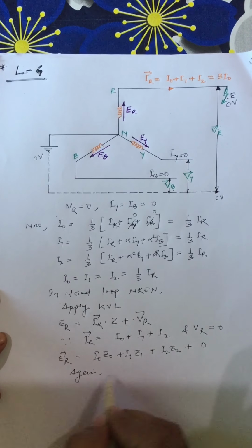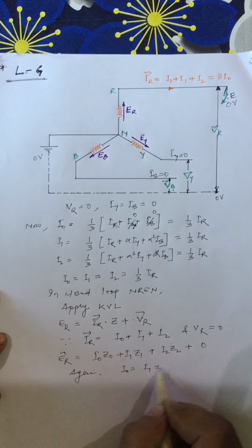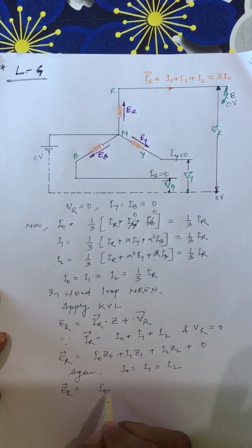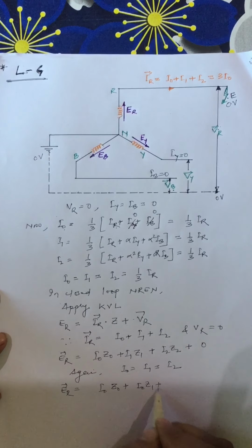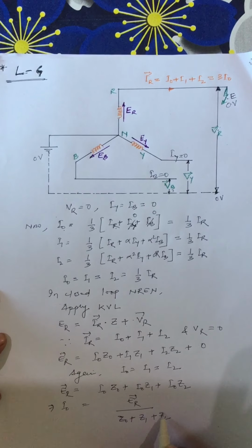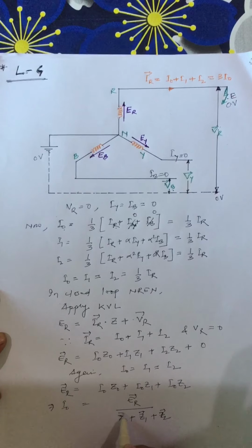Again, I0 equals I1 equals I2. Therefore, ER will be I0 Z0 plus I0 Z1 plus I0 Z2. We will take I0 common here, then we can say that I0 equals ER divided by Z0 plus Z1 plus Z2, or since I0 equals 1 by 3 of IR,